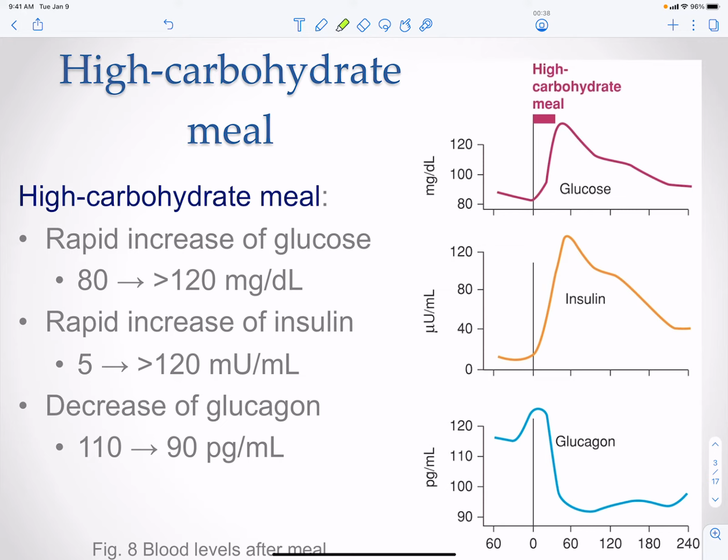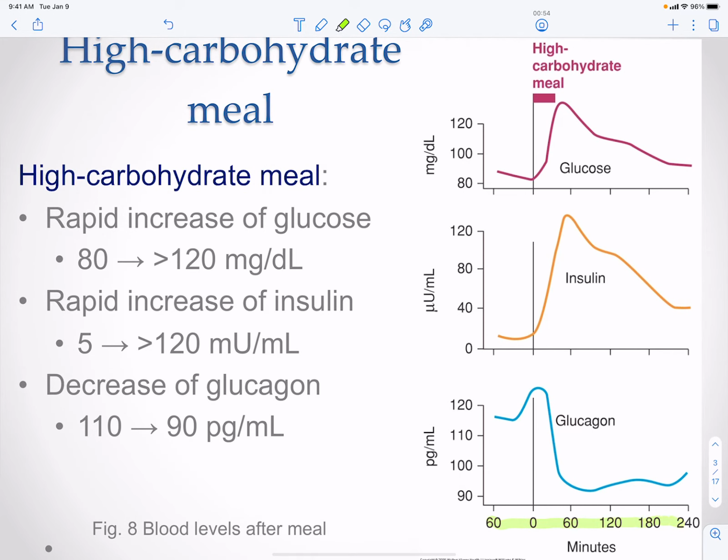So one thing to keep in mind when you're comparing different compounds, you always have to pay attention to the X and Y axis to make sure they are comparable. So first we have the X axis, which is giving us time, and we can see that this time is in minutes, and so that is going to be the same in each of these graphs. What is different are going to be the actual values on the y-axis as well as the units. Now the units we're not really going to pay attention to, but we are going to pay attention to the